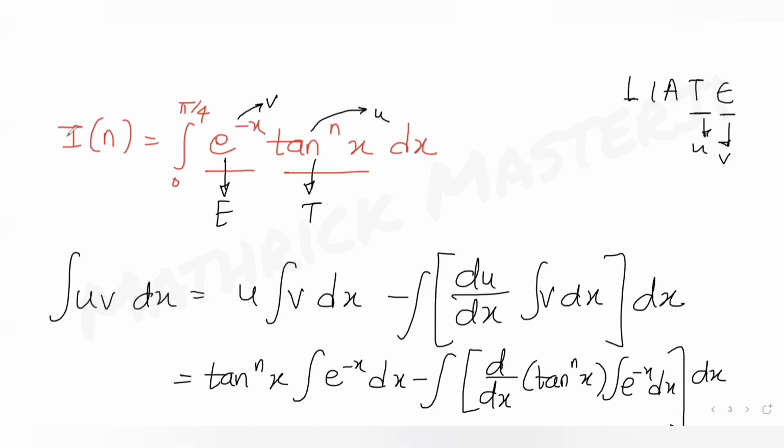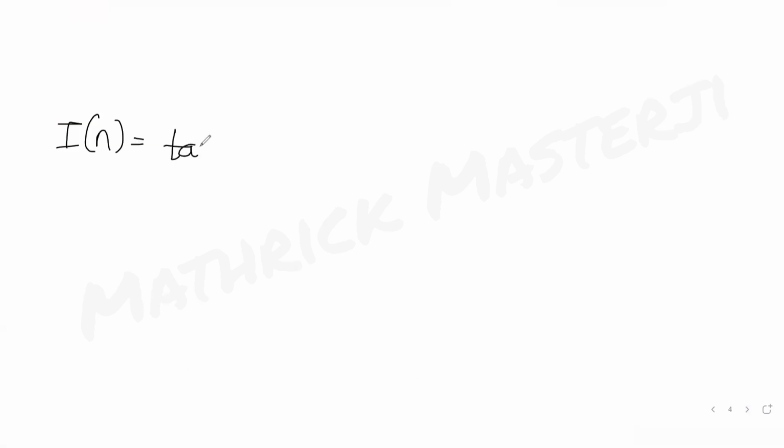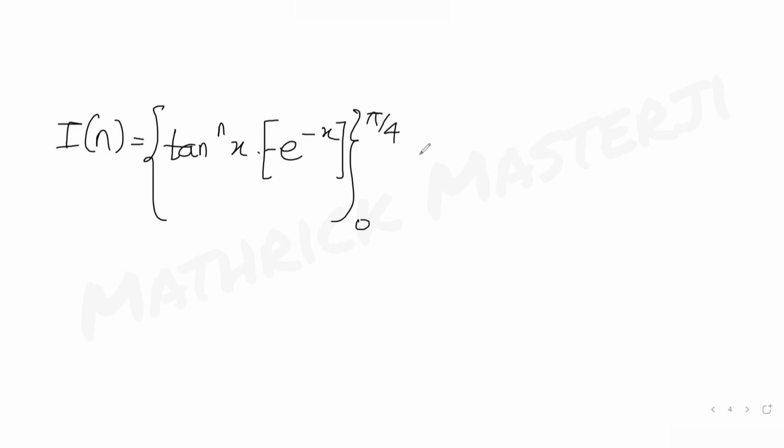Now if I solve further, I of n is equal to, because this entire integral is I of n, tan raised to nx times the integral of e raised to minus x, which is minus e raised to minus x. So you have the solution for the first part. You apply the limits also, 0 to pi by 4, plus